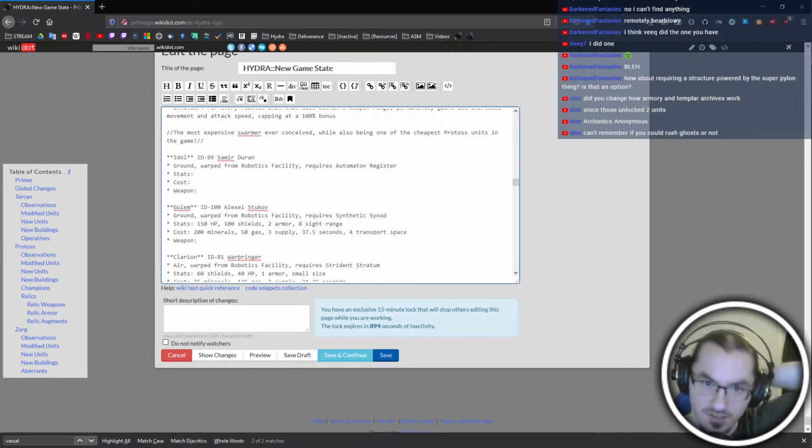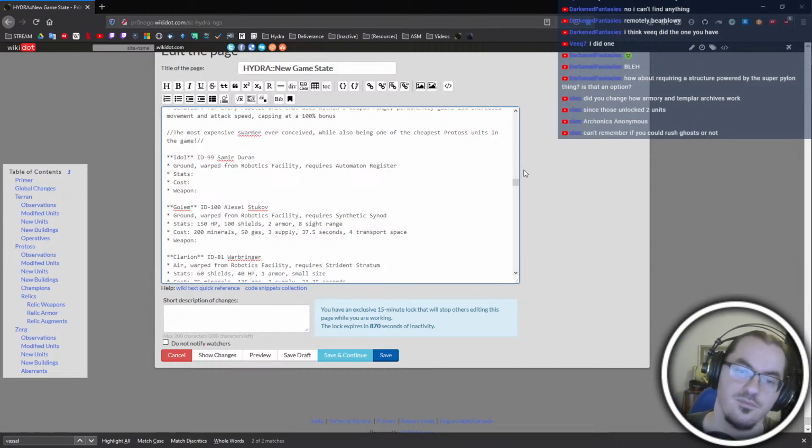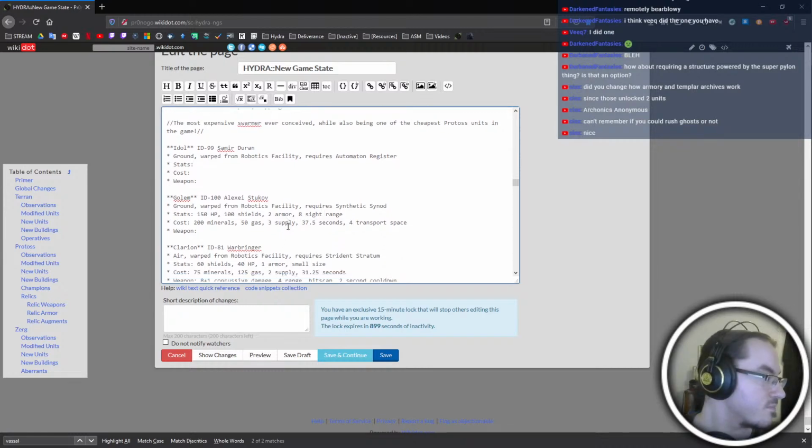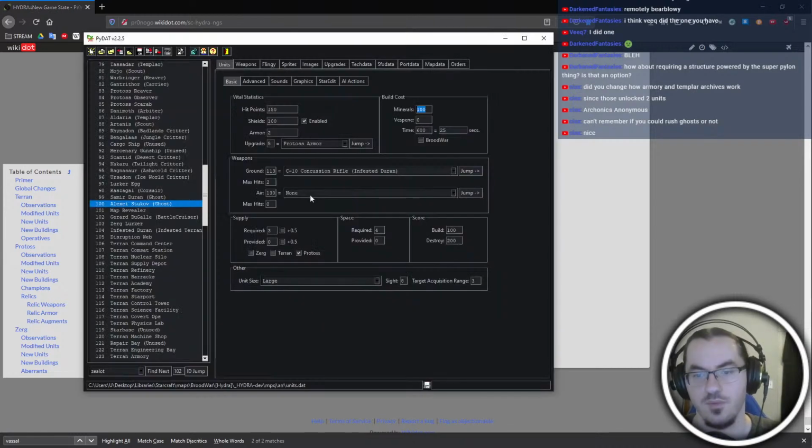Well, it was a little bit easier to rush ghosts in the previous versions of Hydra before all the massive tech changes happened, but now you just need an engineering bay and then you can build a covert ops. So yes, they're a dedicated tier 2 unit still, but engineering bay unlocks tier 2 for everything. Science facility is tier 3 for everything. Quantum Institute is tier 4 for everything, and so on and so forth. So it's a bit more